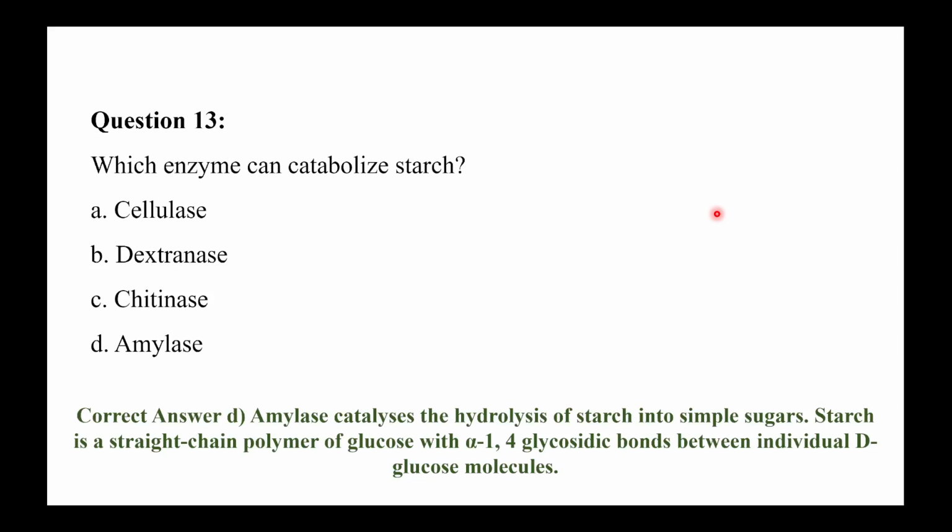So again, starch is a polymer. So remember, the catabolism of any complex polymer was done by a hydrolysis reaction. So amylase is one such enzyme that can do the hydrolysis of starch. Starch is a carbohydrate basically. Okay, so starch is made of glucose. Glucose is the monomer unit of starch, and they are joined by alpha 1,4 glycosidic bonds.